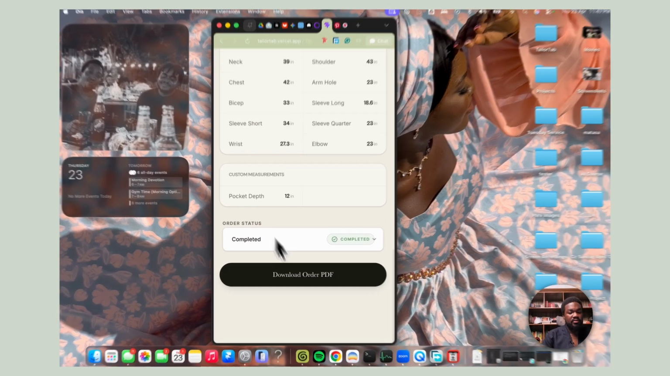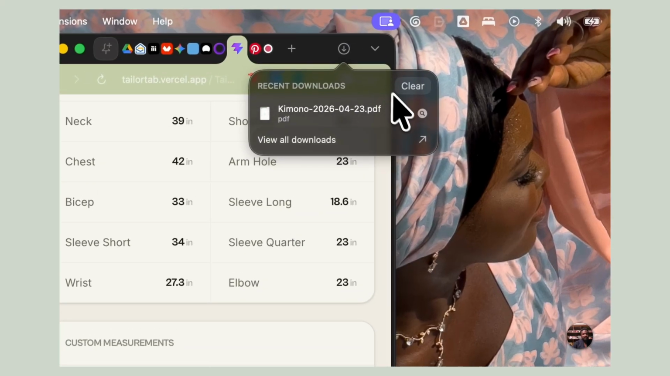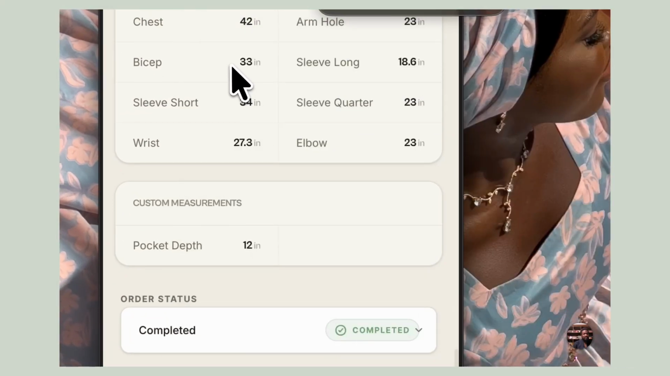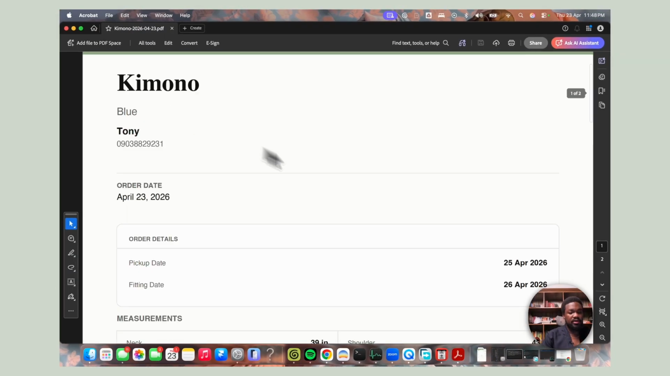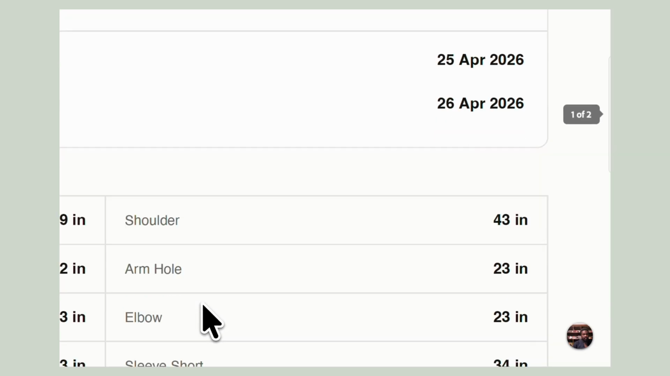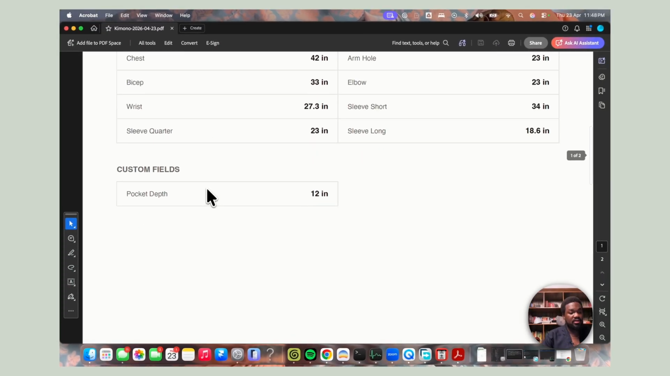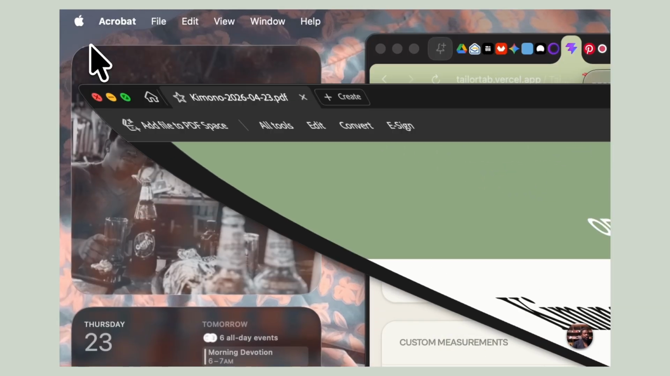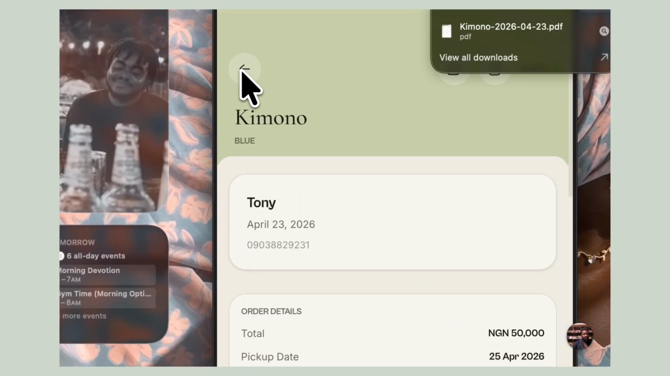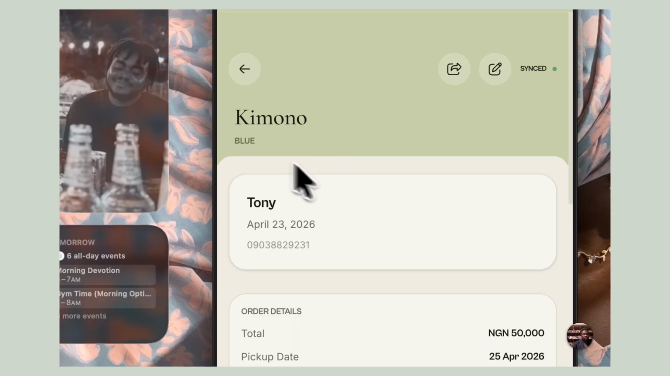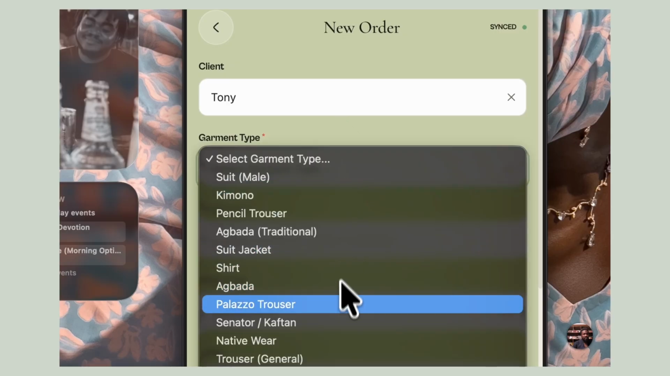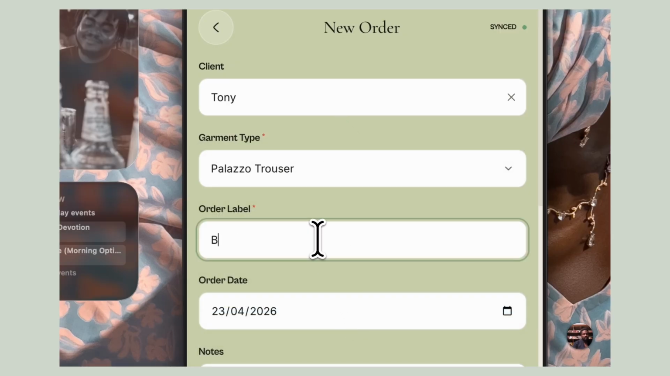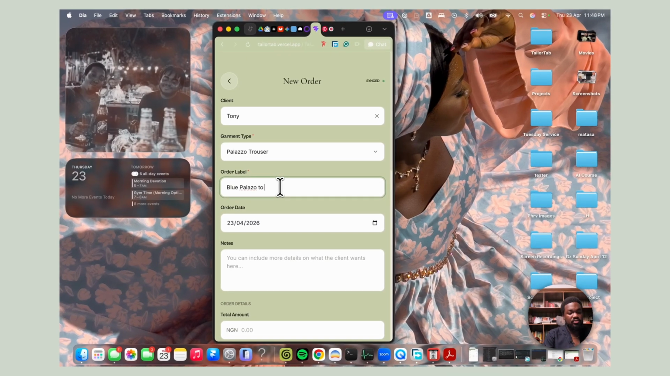Right now you can download the PDF quickly, and if we look at what the PDF looks like, we'd see our order details clearly. Something that's also pretty cool is we can decide that, hey, we want to add a new order. So I want to make palazzo trousers, blue palazzo to go with the kimono,